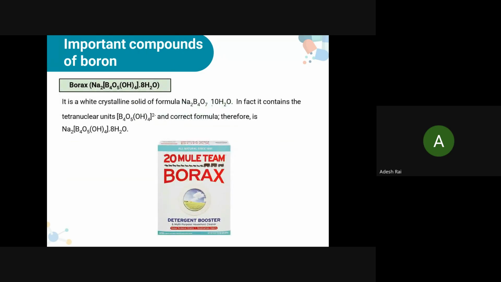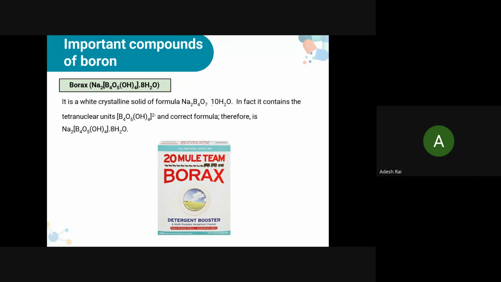So first we are going to deal with borax. Now, what is borax? It is a white crystalline solid, and the formula is Na2B4O7·10H2O. In fact, it contains the tetranuclear units of [B4O5(OH)4]2-, and the correct formula therefore is